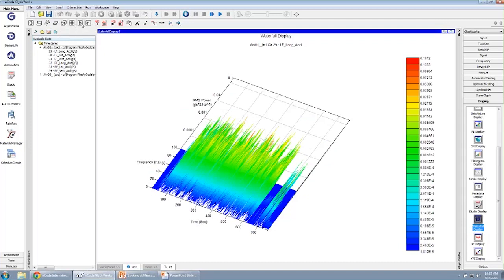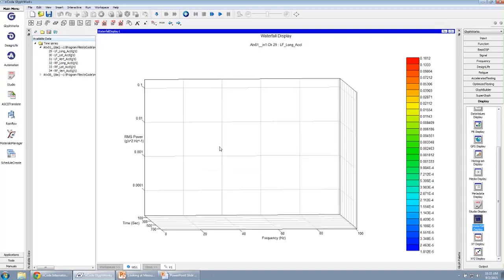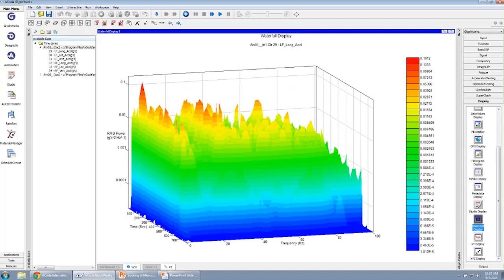Well, let's look at it from one end. There we go. There's the end in the time direction, and here's the end in the frequency direction. And now if we rotate that just ever so slightly, imagine averaging all of these together to give us our linear averaged of all of the buffers,